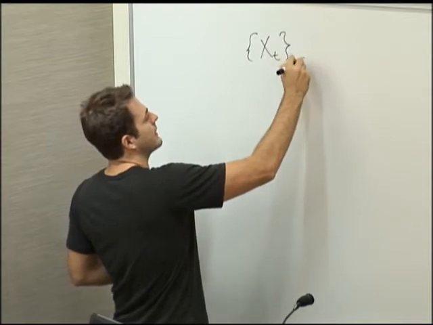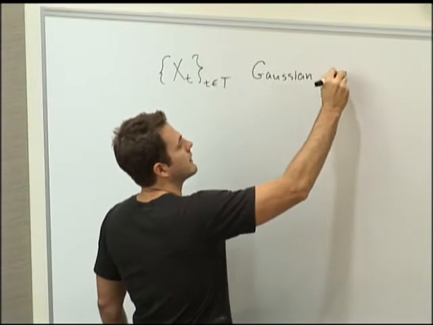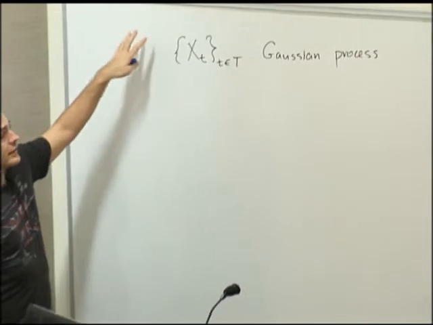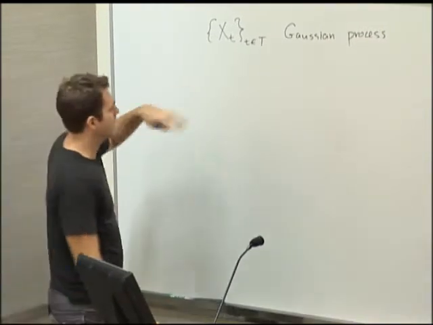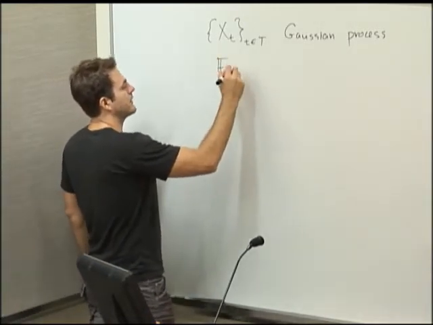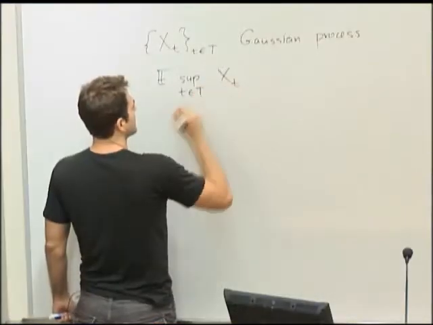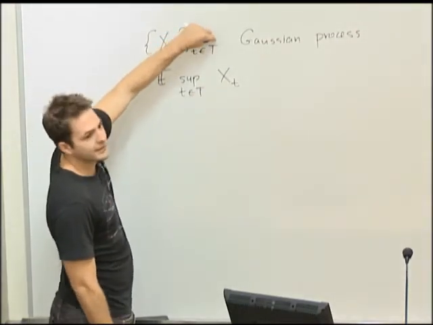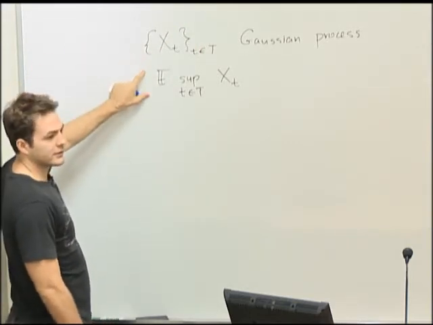So we had last time a Gaussian process. And if you weren't there, this is just a collection of jointly Gaussian random variables. So every linear combination of these variables again has a Gaussian distribution, every finite linear combination. And then what we were interested in, and we motivated it last time, was the expected supremum of all these random variables. And as I said last time, there's really no loss in assuming that this set T is finite. So you can assume T is finite all the time. This is just an expected maximum. So this is the quantity we were interested in.